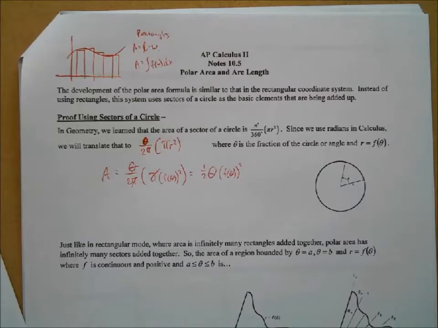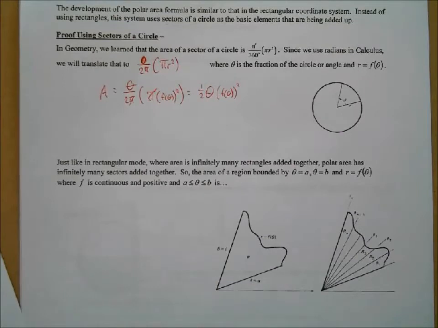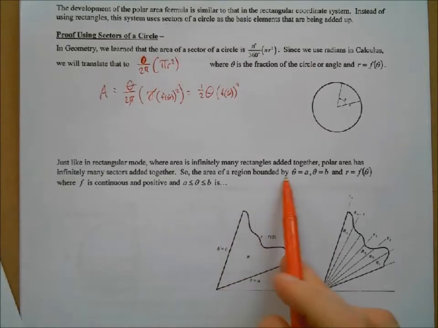Where theta is our little angle there, and then f of theta is our function, the curve described by that. Well, just like when we're talking about rectangular coordinates, where area is infinitely many rectangles added together, polar area is going to be infinitely many of these very, very narrow wedges of sectors added together as well. And so our area will be bounded, the area of a region bounded by theta equals a and theta